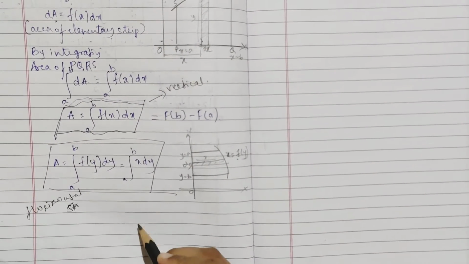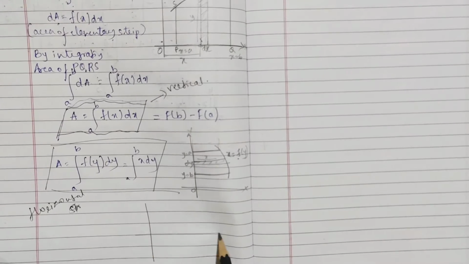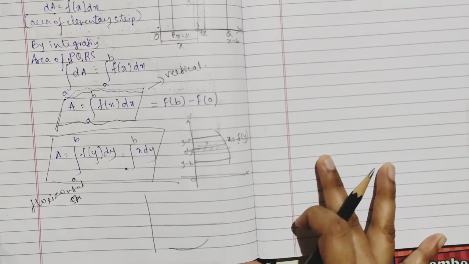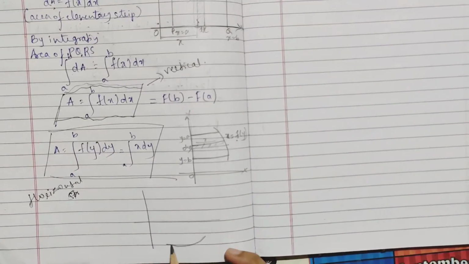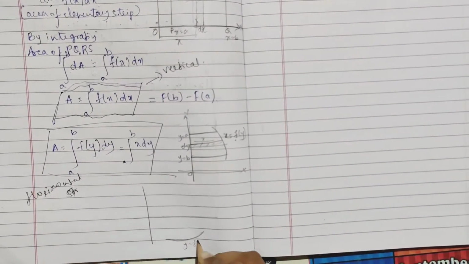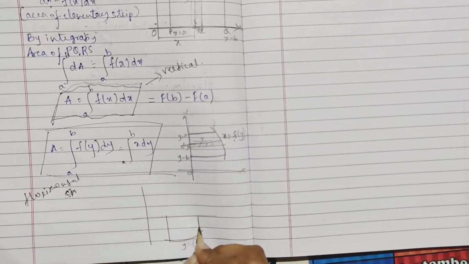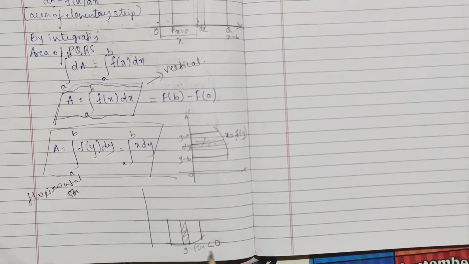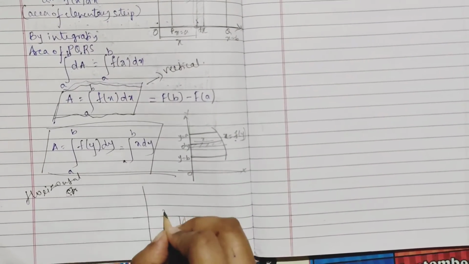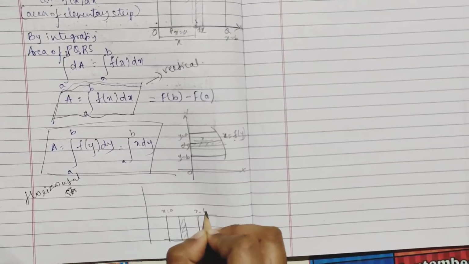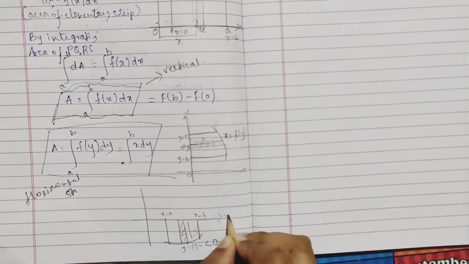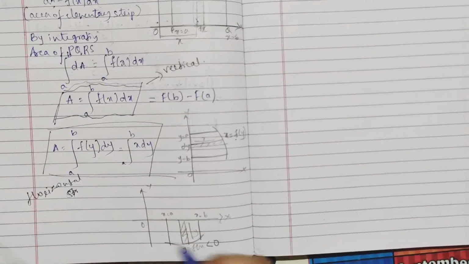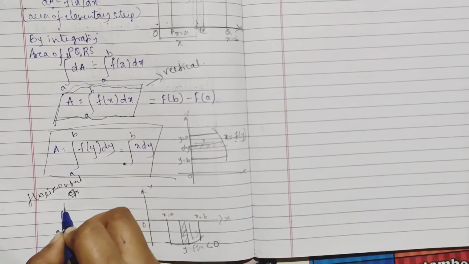Now suppose you have to find the area under this curve. Here, same, y is equal to f of x only, but as you can see, your f of x is negative, right? This is negative. So your x is equal to a, x is equal to b, same y, everything will be the same. Everything is the same. Your area, how you have to find it, is by integrals only.